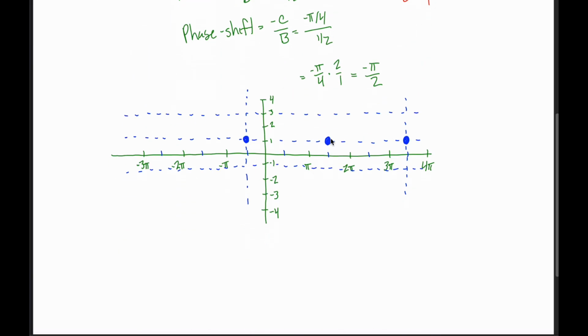So what that means is I want to achieve a minimum, not a maximum, halfway in between these first 2 points. So over here at pi over 2, my height will be down here at negative 1. And then over here at 5 pi over 2, 2.5 pi, I'll achieve a maximum, so my height should be equal to 3. With all these dots, it's easy enough to draw one full revolution, which is sufficient for your